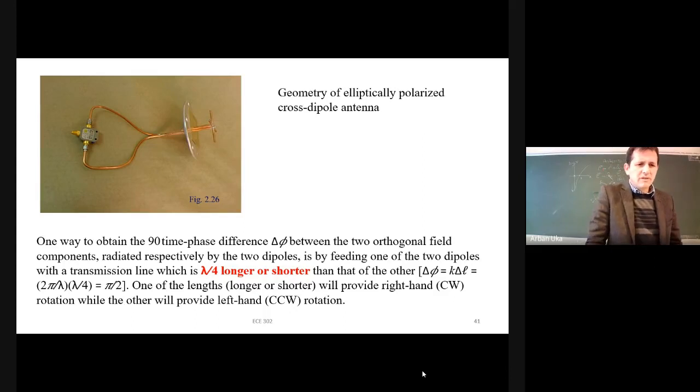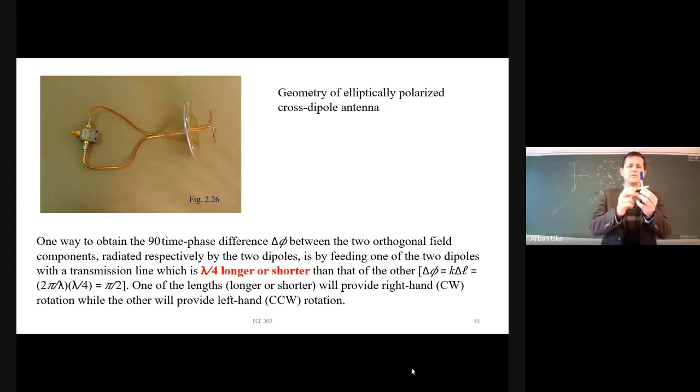We can also be very careful when we receive the signals, because sometimes we want to get a specific phase difference between the two orthogonal field components which can be radiated. What can be done is that one of the dipole antennas can be shorter or longer. So these line components shown over there, just by changing the length, for example, change the length scale of the two orthogonal directions.